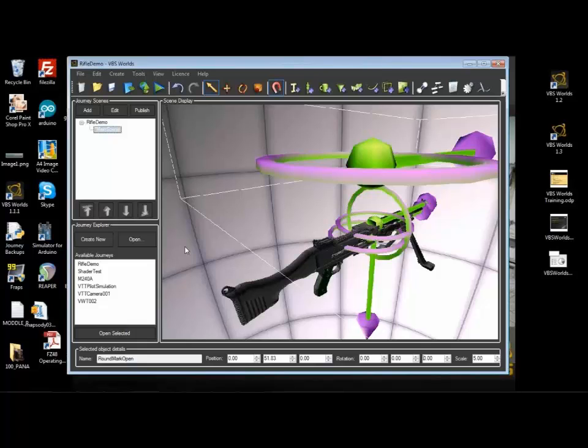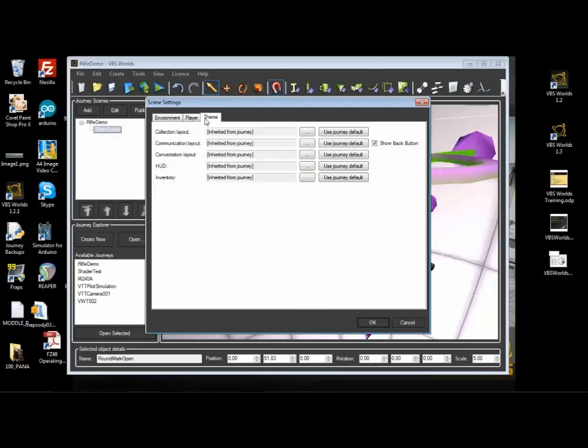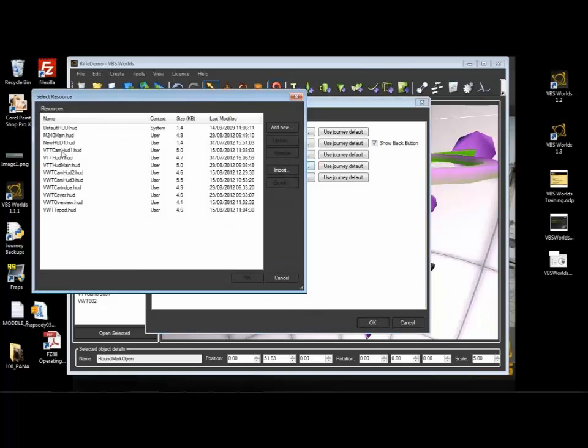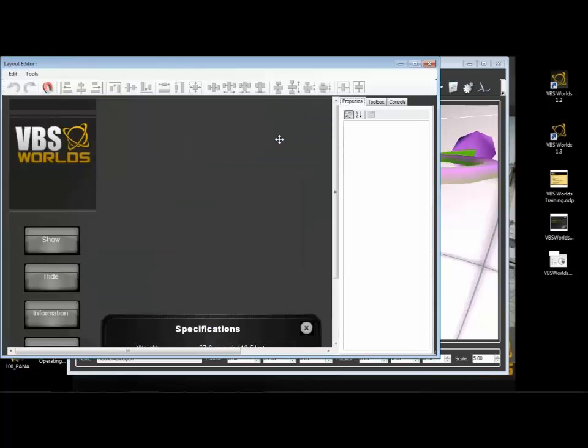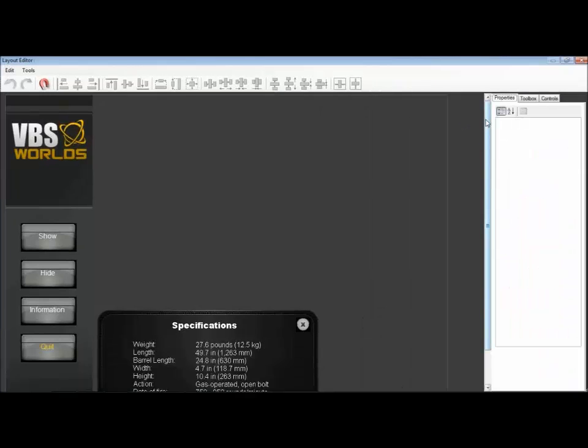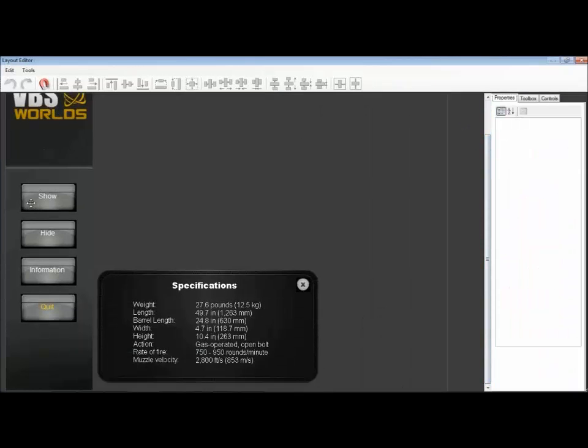The side panel, that is a custom HUD. I'm not going to build it now. I actually have already built it. We'll just use the one. I'll just go through and explain it. And so this was made up of a side panel, 4 buttons, one to show and another to hide, so